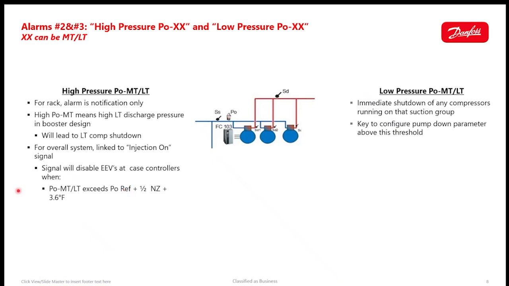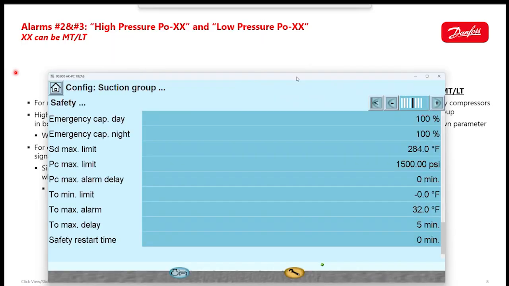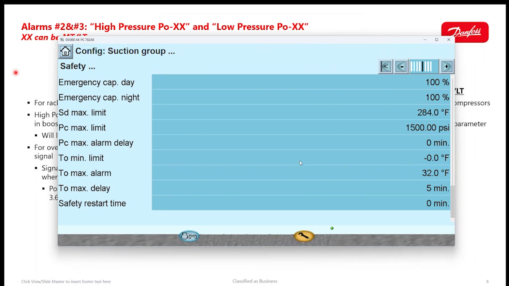On the low side now, so if we're in a situation where a low suction pressure alarm would generate, it will come in as low pressure POMT or low pressure POLT. Here, the action taken is directly tied to that alarm, and it is immediately shutting the compressor down for that group. So back in our configuration again for the medium temp suction compressors, on my 5th page over,